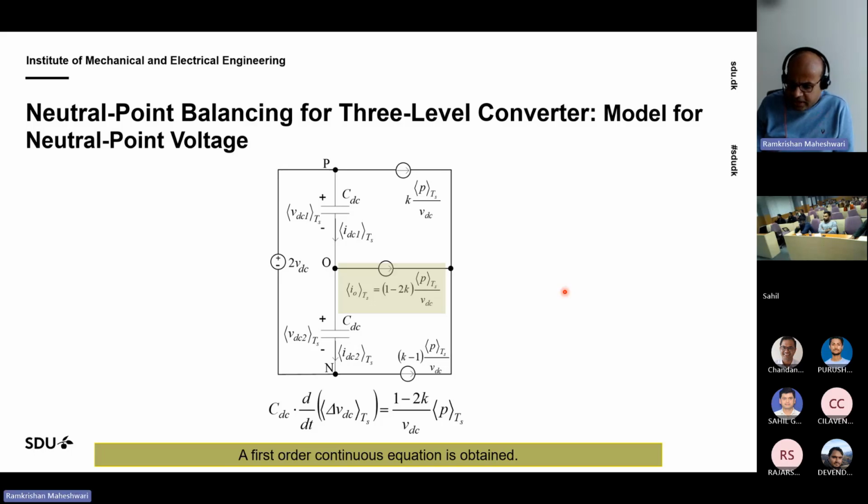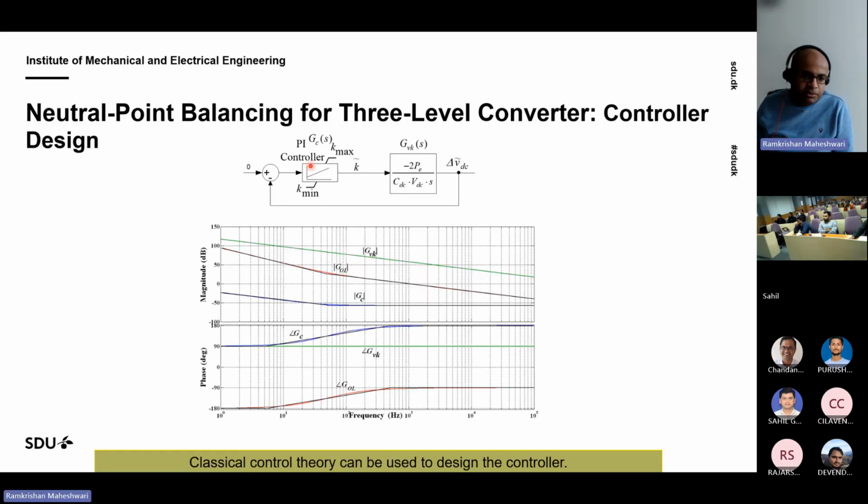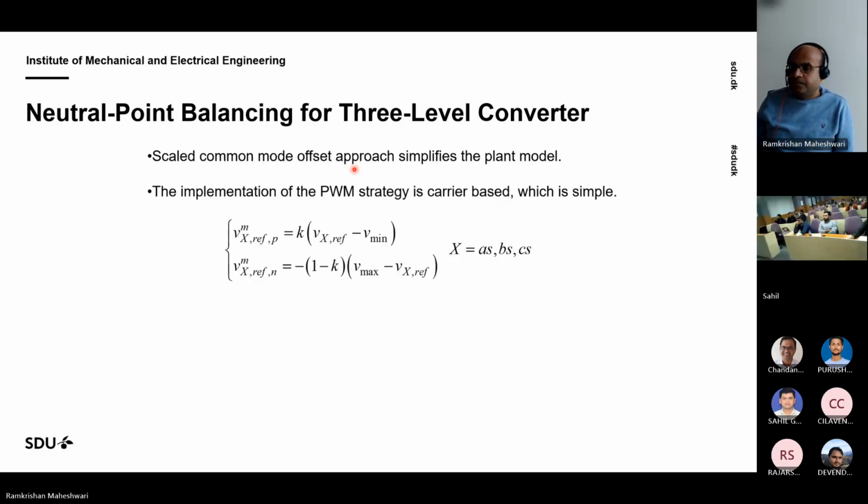And then we designed a controller. You can use a simple PI controller, P controller, whatever, and then design the neutral point voltage control. It looks very difficult to implement, but it is not, because the implementation in a microcontroller is also very easy. You don't have to detect various sectors, subsectors, nothing. You just have to find the maximum and minimum,